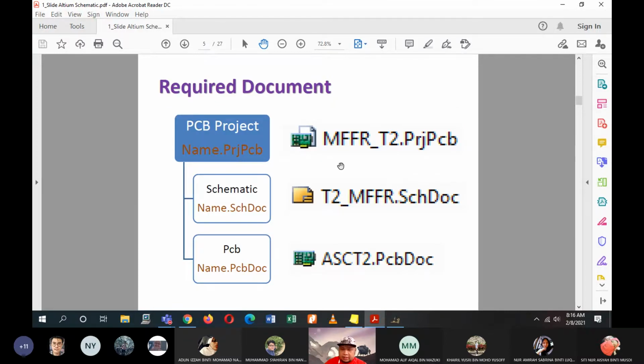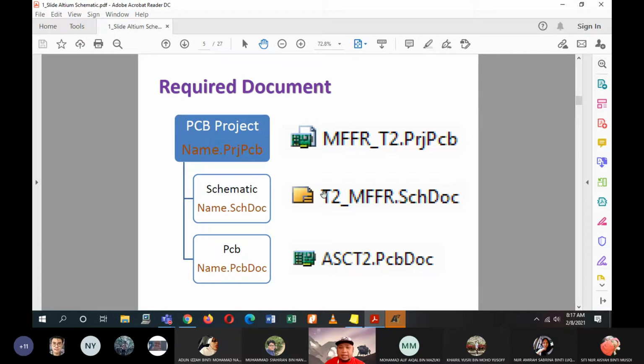Alright, and then the required documents. This is important because this is the list of documents needed for you to submit to me for all of your assessments. For most of your assessments, you have to submit these 3 things. These are the basic things that should be submitted together. If you are missing one, then you will be missing some marks.